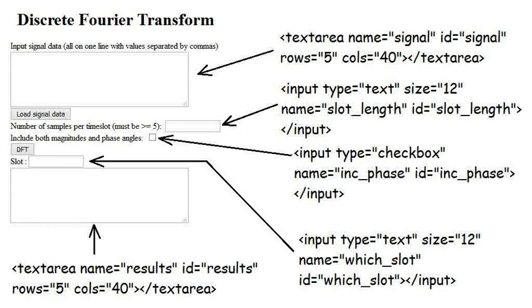Firstly, there is a button to load the signal data into the program. After that, you must specify the number of samples that make up every time slot. The number of time slots into which the signal will be divided is determined from the number of samples loaded and the length of each slot. If the slot length doesn't divide completely into the number of samples loaded, any incomplete slot at the end will